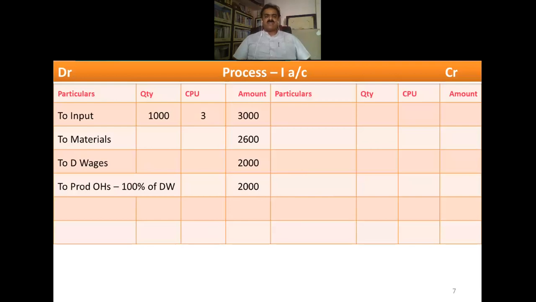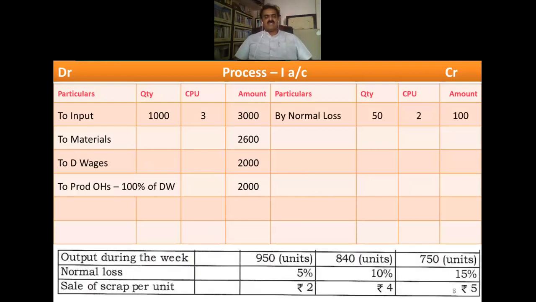Then the next step is taking the normal loss. The normal loss is given in the question as 5%. Always, this normal loss is to be calculated on input. Input is 1000 units, and 5% on 1000 units comes to 50